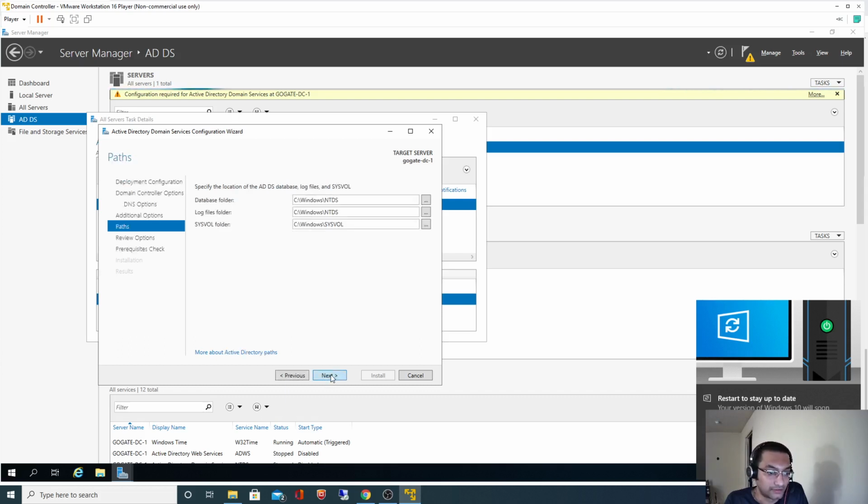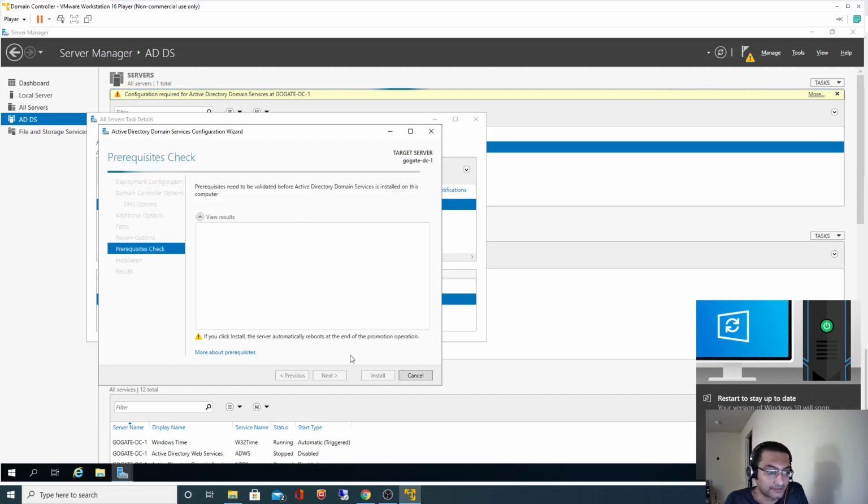So I will click on next, next, and this install button should get enabled.